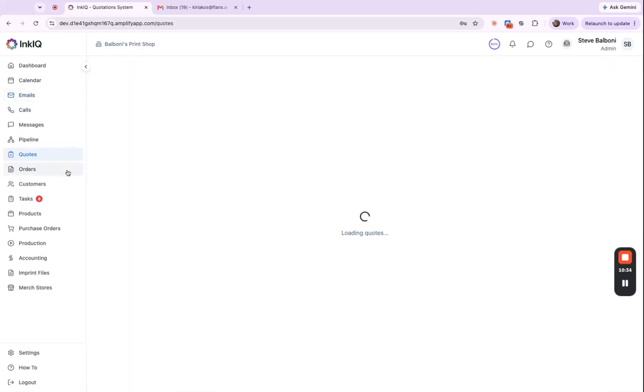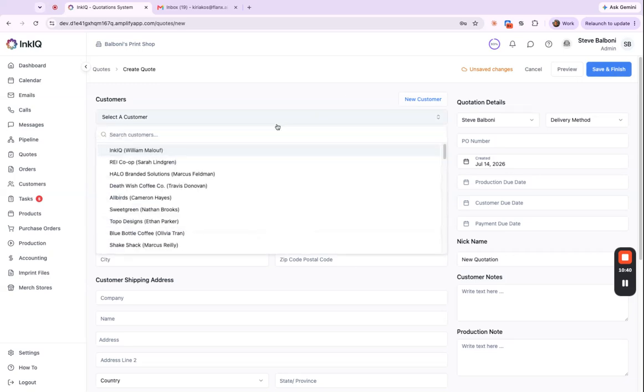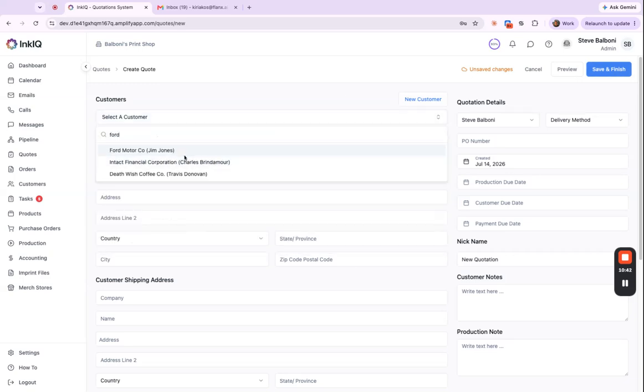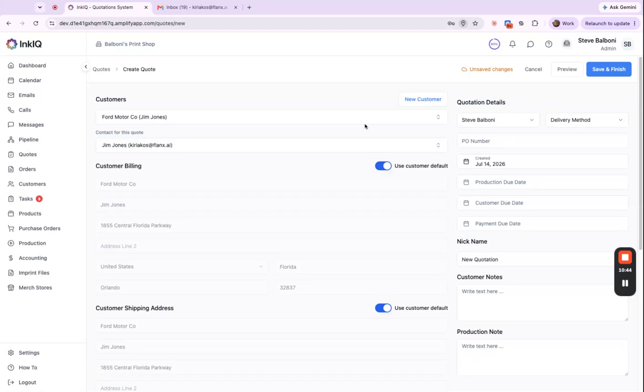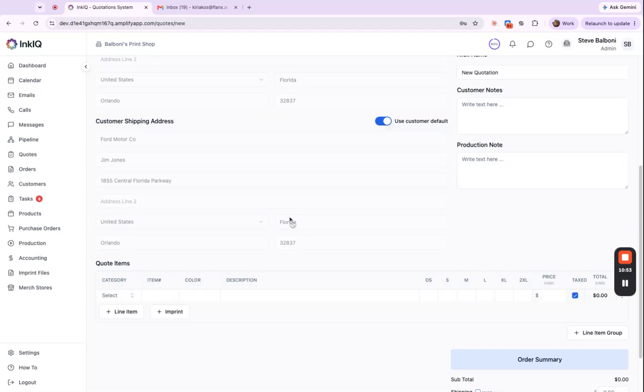So we'll go over to quotes. We'll click on new quote. We'll select a customer. Let's go with Forward. Then we'll select a contact for this customer. Then we'll start populating our line items. So let's say a Gildan, let's go with a Gildan hoodie